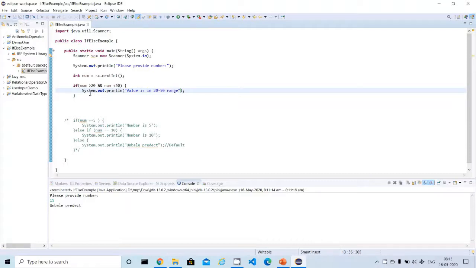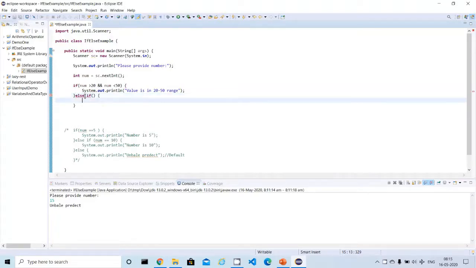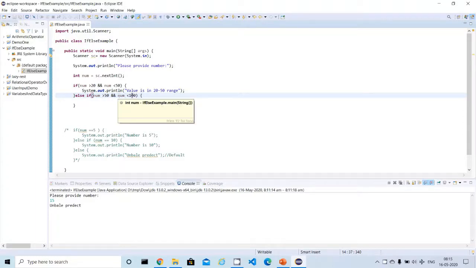so I'm saying here the value is in the 20 to 50 range. Okay, this is one of the checks I'm doing, and let me write another check here. If the user provides a different boundary value, so I'm checking the value might be greater than 50 and the value might be less than 100.